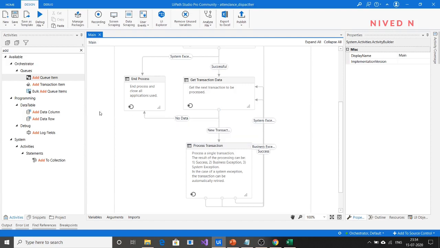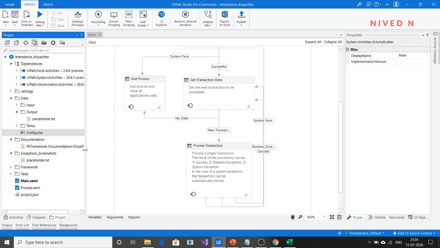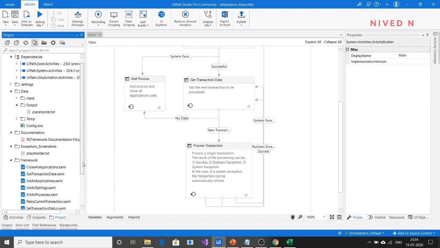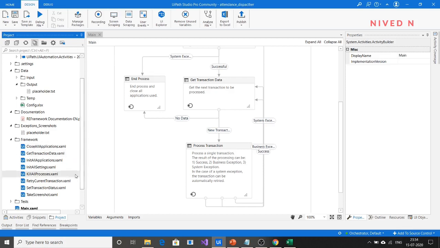But here we want to kill the process. Since the process involved here is an Excel process, we want to kill it. The kill process helps to close the applications before starting the process, so that the automation can run in a very clean state. It also helps to forcefully close the application in the case of a system exception, etc., where close all applications cannot work.